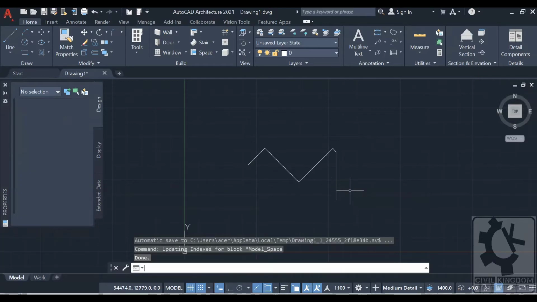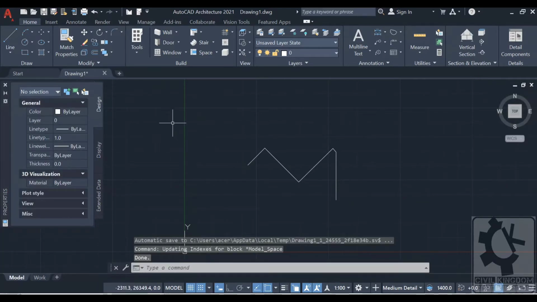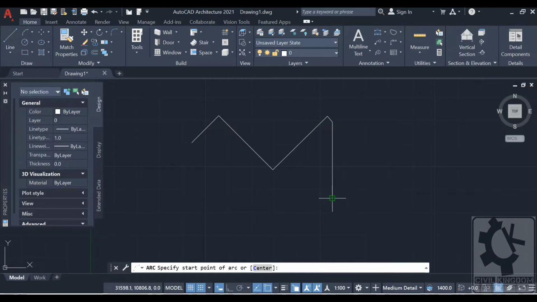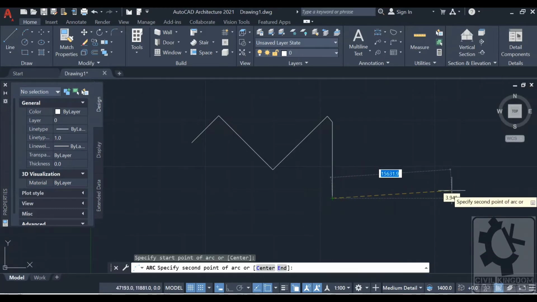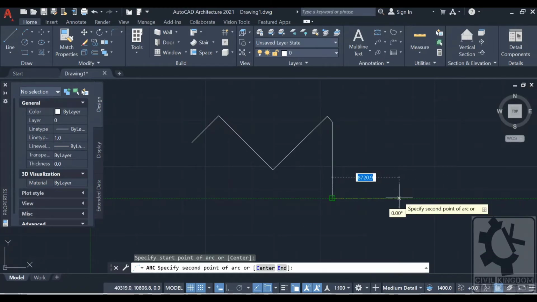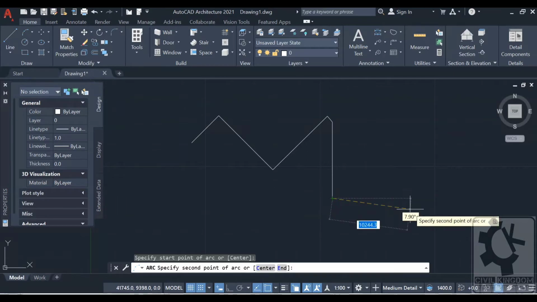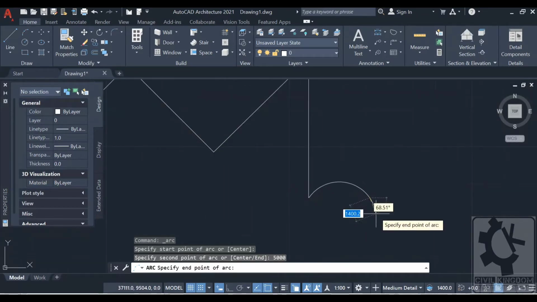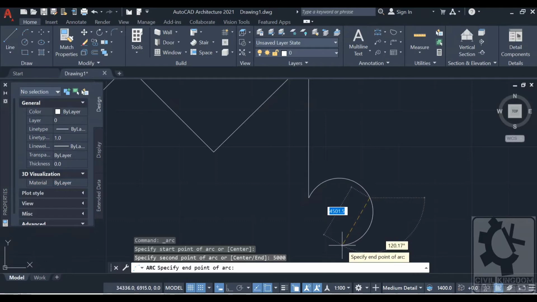Okay, if you go to the arc, you can draw, say, 5000. So that's your 5000 here. Again it will ask for you the third point, say 5000.